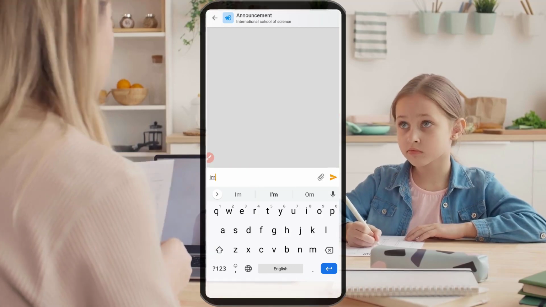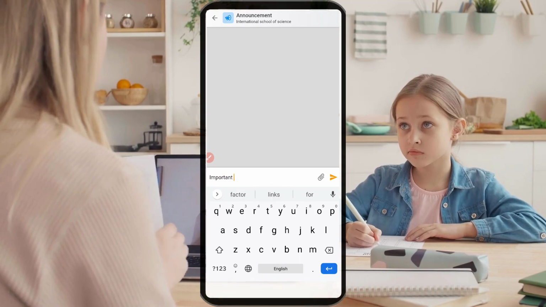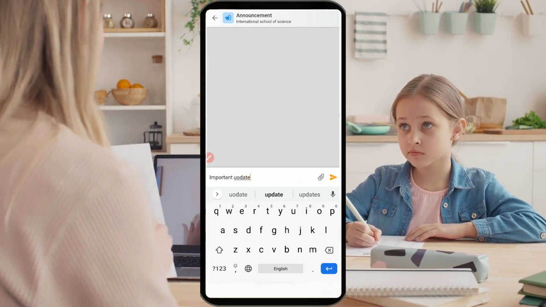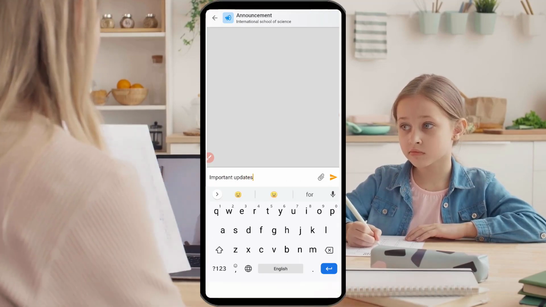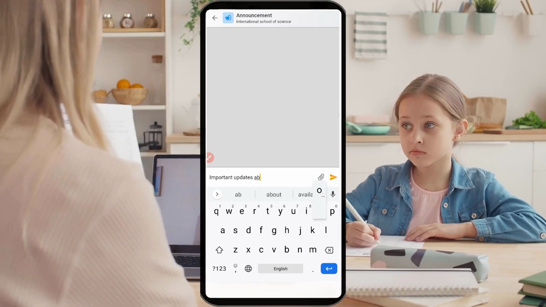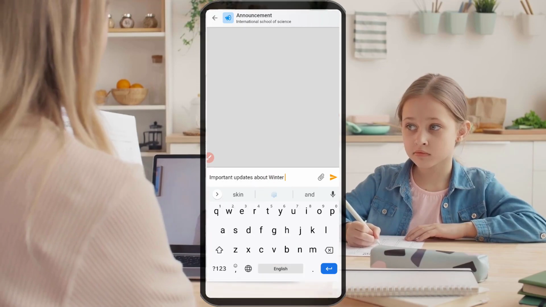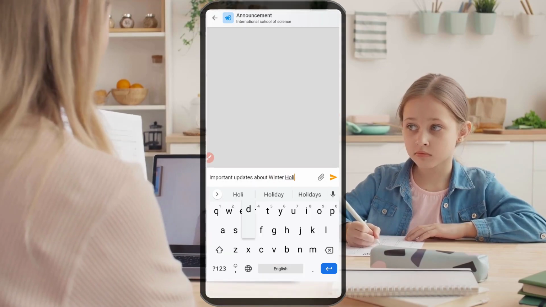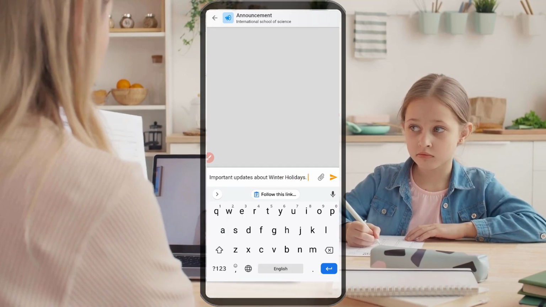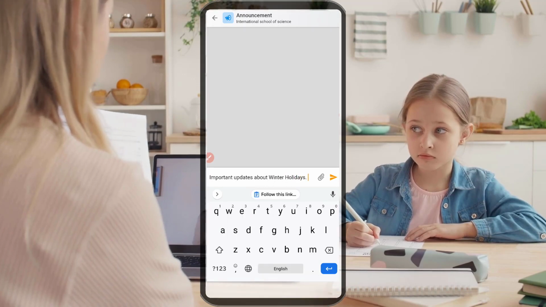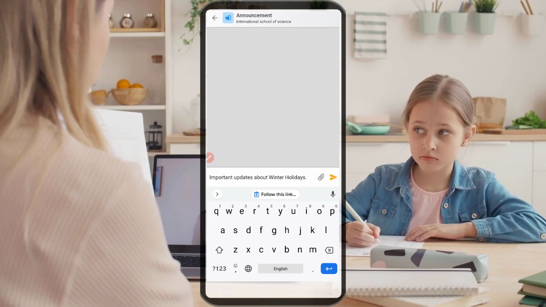The default announcement channels include all the cube members. So if you want to send a broadcast or important announcement to all cube members or all school members, you can use this channel to send them important announcements like holiday information or any upcoming exam information or a parent-teacher meeting reminder, etc.